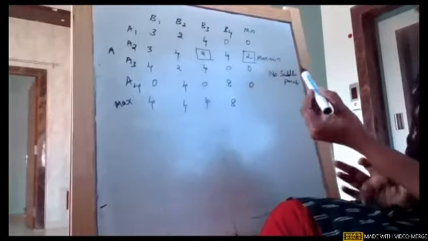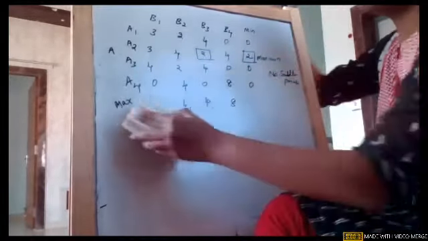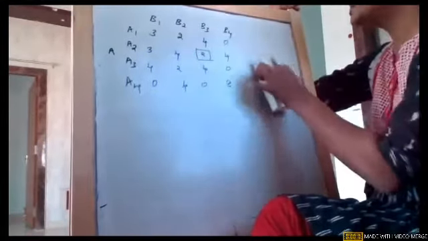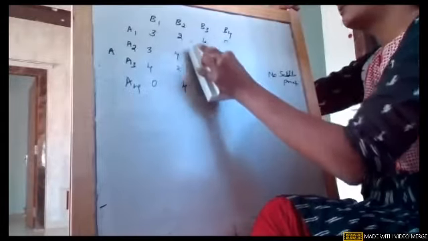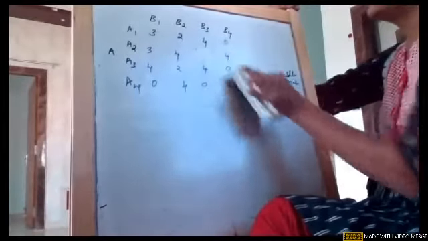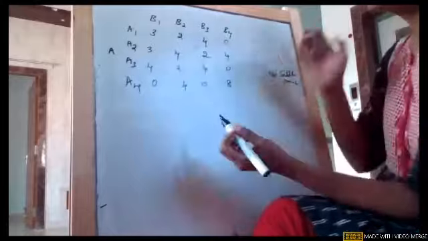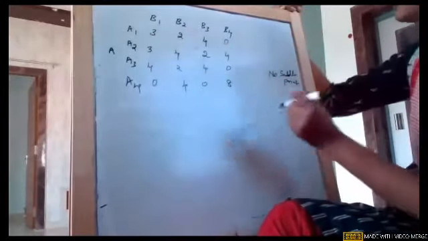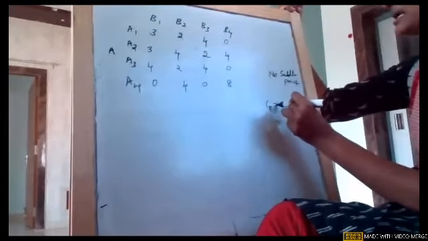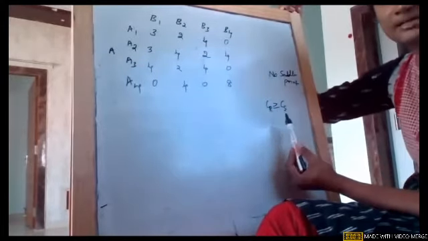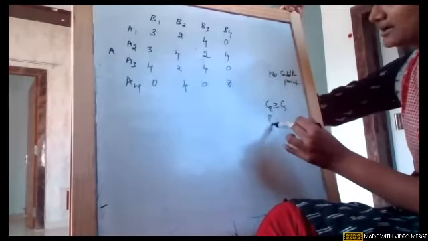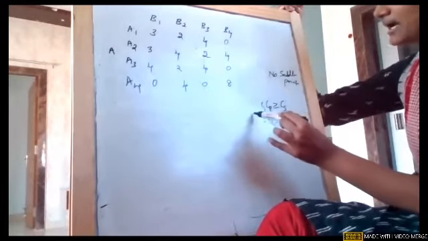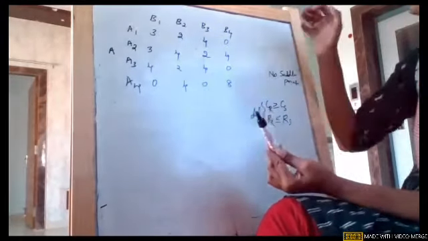So what are we supposed to do? We need to apply dominance. In order to avoid confusion, I'm just erasing maximum and minimax values. I'm just keeping the matrix, only the body of the matrix is there. Now what is dominance? We need to check the row or column which is dominating. I'm writing the principles here, girls. CR must be greater than or equal to CS, or RR must be less than or equal to RS. If these things are applied, delete CR or RR based on the criteria.